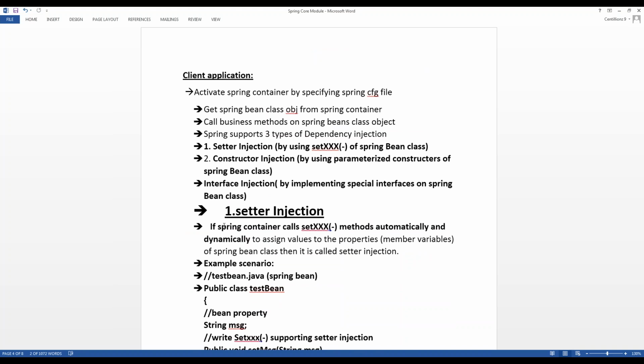And if you are using Java classes, Java beans, or if you want to get information from outside, or fetch information from one class to another class, mostly everyone uses setter injection or getter injection. Setter injection is the injection which depends on the set method. Using the set method, we can easily fetch information from one class to another class. That is setter injection.